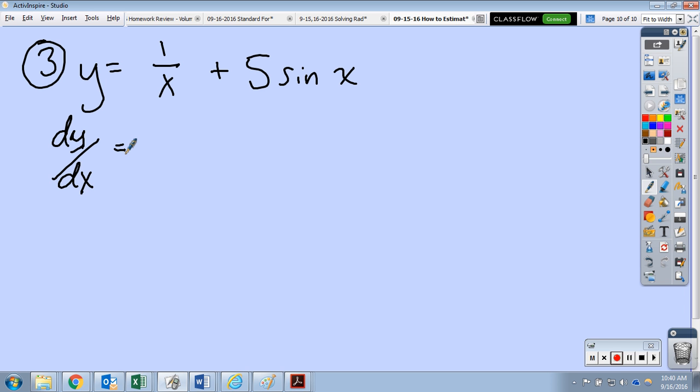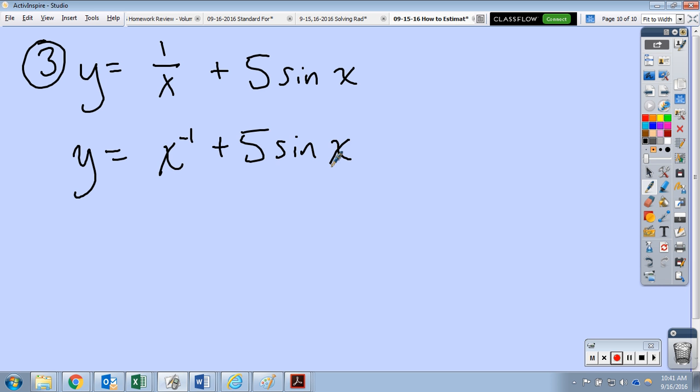If you don't see it, what I think makes it easier is to write it as x to the negative 1. So y would be equal to x to the negative 1 plus 5 sine x. And so now, if we take the derivative of this, so dy